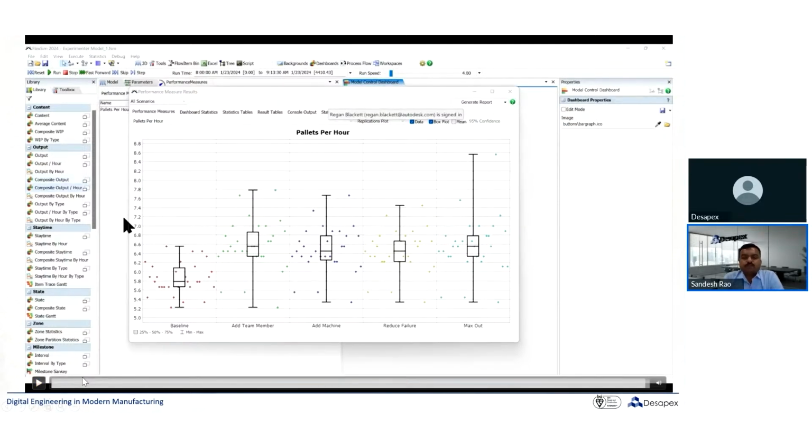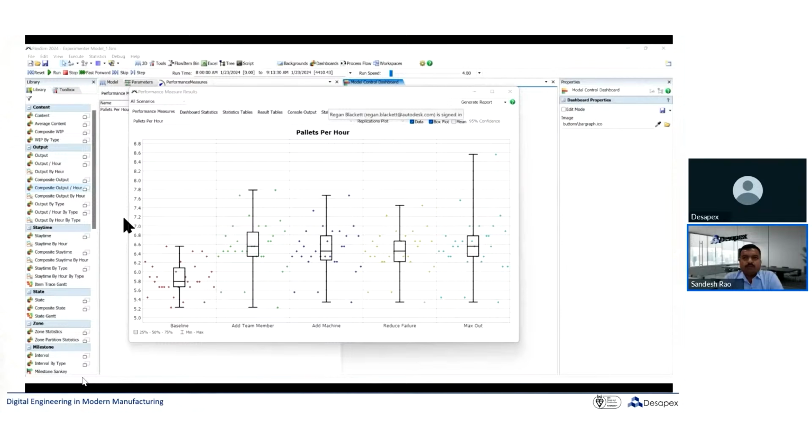I think that would have given a view about what the real advantage is when it comes to adding a machine, adding a team member, or doing both. We could see that there was really not a big difference when compared with only one of them being done; it gives equivalent results. Just adding a team member, or adding a machine with the team member, there was not much difference for us. So it really saves us from making some of the costly or expensive decisions in the real-time factory